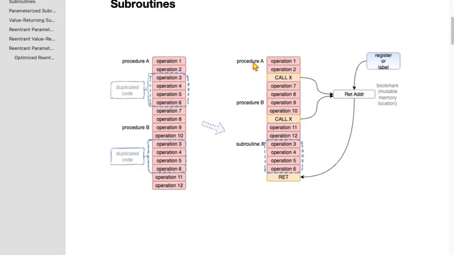subroutine. So when procedure A wants to perform steps 3, 4, 5, 6, it does operation 1, operation 2, suspends operation, calls the subroutine, then runs 3, 4, 5, 6. That returns back, it unsuspends, and then it continues on doing operation 7 and 8. Likewise with procedure B, does 9, 10, suspends, calls the subroutine, does 3, 4, 5, 6, returns back, unsuspends, and